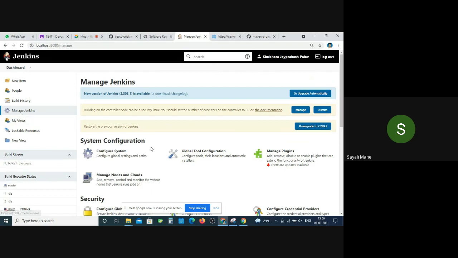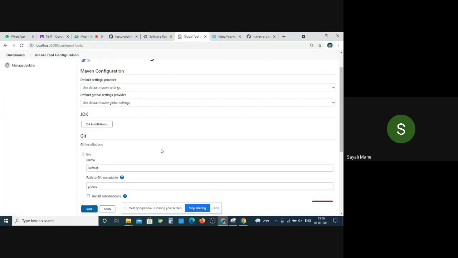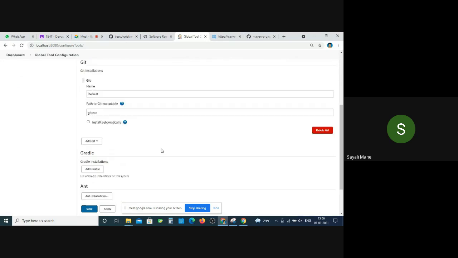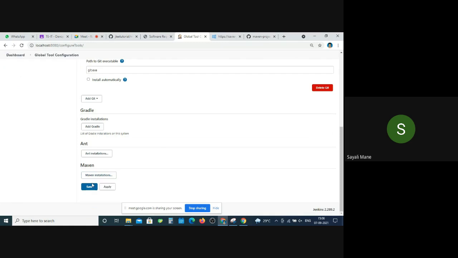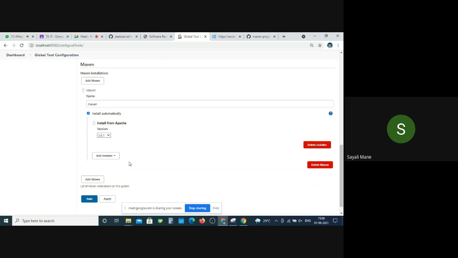Global tool configuration. Okay, now scroll down. Go to the Maven thing. Click on Maven installation. Now scroll down. Which version is there? 3.8.1. Okay, now save it.